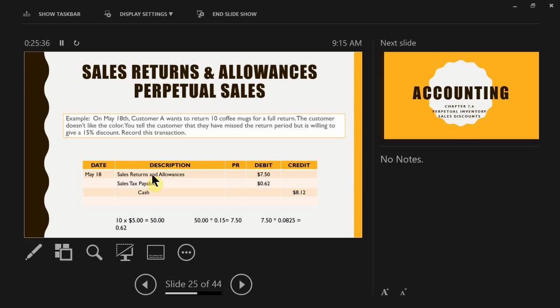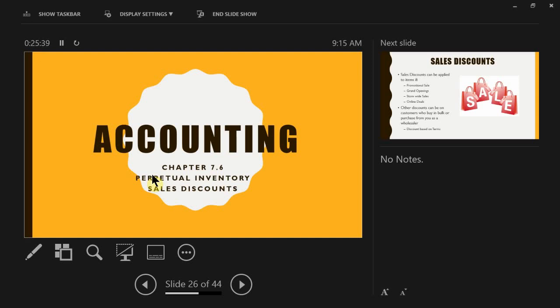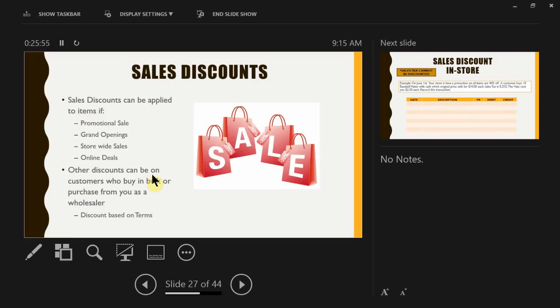Okay. So, of course, when we have sales, we took a look at sales returns and allowances. We also need to look at how we can give discounts because oftentimes you want to give incentives to your customers to come and buy your product. Again, a customer's not willing to pay full price. They're more likely to buy your product if it's on sale, okay? So of course with these kinds of promotional deals,